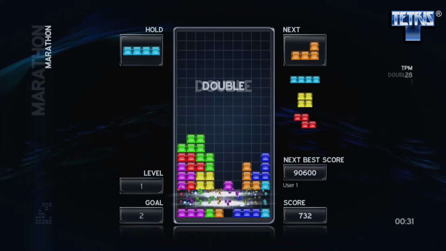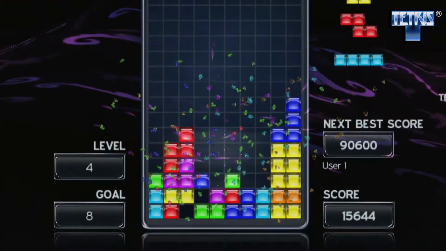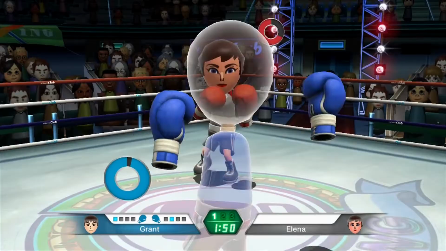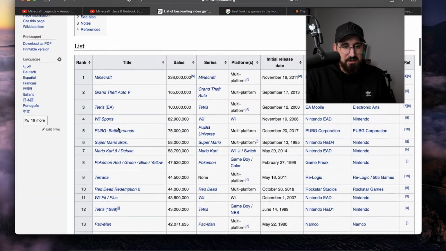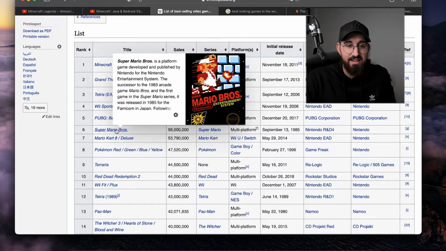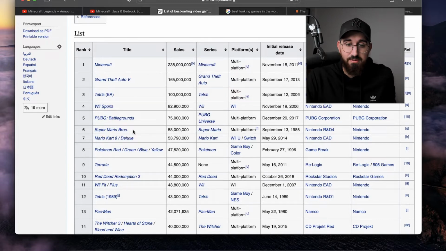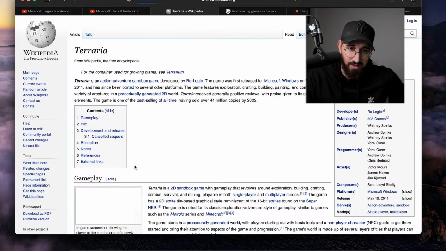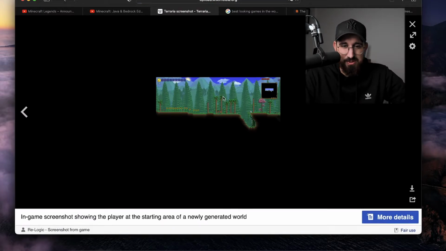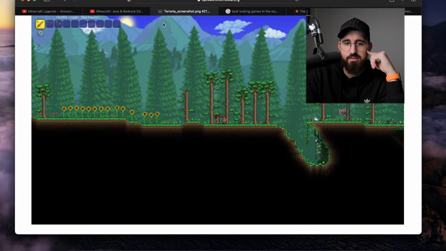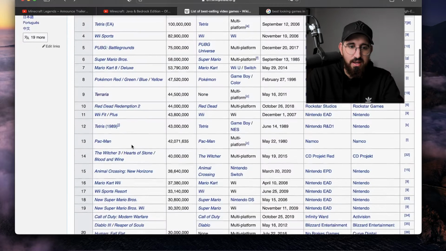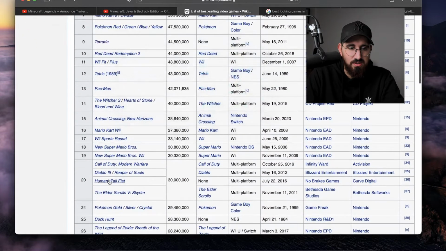But Tetris is this third one, okay? But this is a very old game, and Wii Sports, these have terrible graphics. So I think that if you consider success in a game for the graphics, Pokemon Red, Blue, and Green, Terraria, man, look at this. This is the actual look of the game. You can tell that this game doesn't have very good looking graphics, or I mean, it can look good, but not realistic, you know. As you can see, if you go into the number 20,